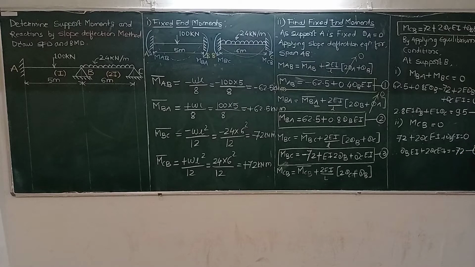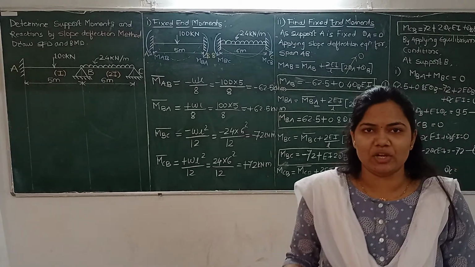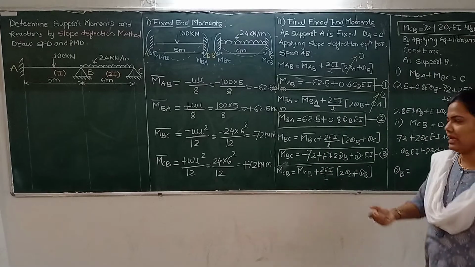Now let us observe equation number 5 and 6. There are two unknowns, theta B and theta C. We have two equations and two unknowns. So if you solve equation number 5 and 6 as simultaneous equations on your calculator, you will definitely get the value of theta B and theta C, as